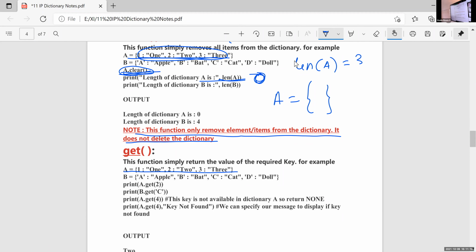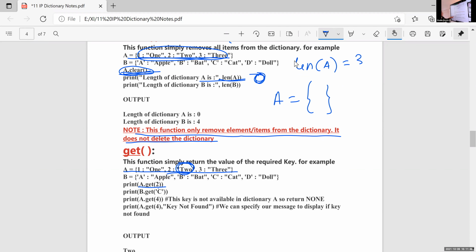If you want to retrieve or display the value 2, then what do you write? A dot get of 2. A dot get of 2 will display the value according to the key. Here the key is 2, so it will display the value of 2. What is the value of 2? It is TWO2.